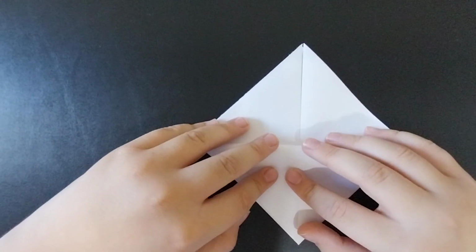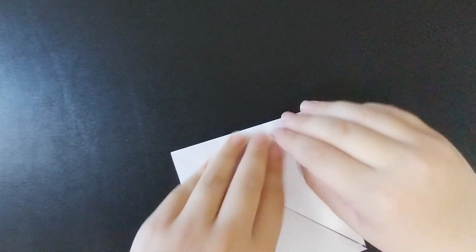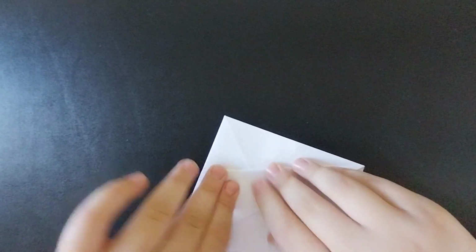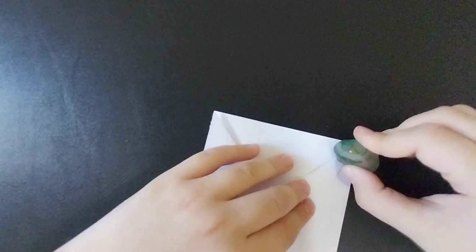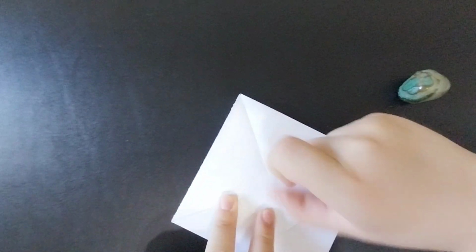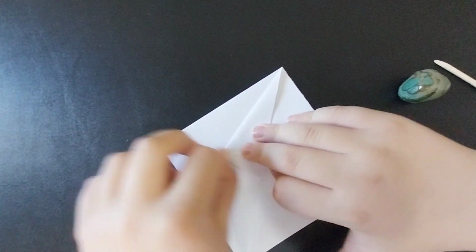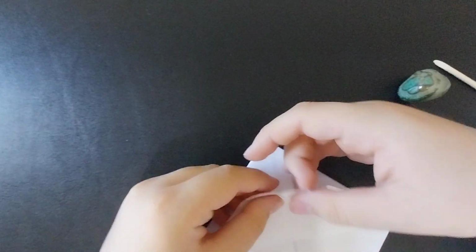Next, you're going to want to fold this flap up. And then just rabbit ear fold it. Note that you will not keep it rabbit ear folded. These are just pre-creases. Once you've done that, you are going to squash fold this flap. And then you are going to fold this up, unfold everything, reverse fold,